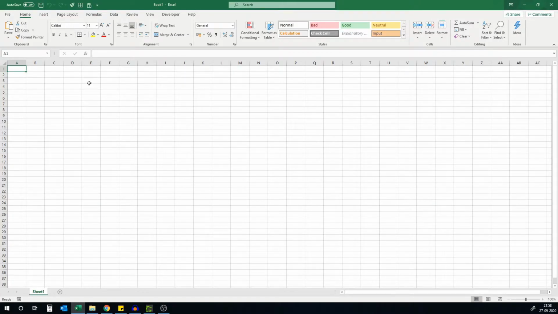So this is what a blank Excel workbook looks like. An Excel workbook is just like a file or a book which consists of one or more worksheets. A worksheet is like a page of a book. Here, you can add as many worksheets as you want, and they will all be part of this workbook. Let us try to understand the important parts of a workbook.